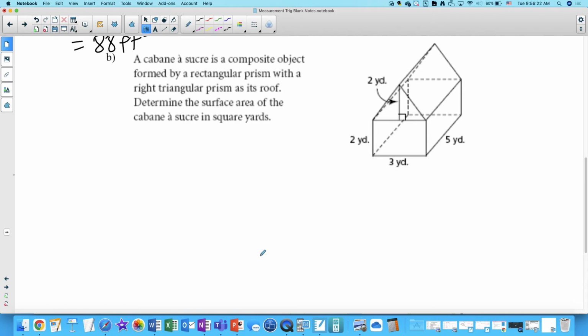What about the top of the rectangular prism? Is that exposed? Right? The rectangular prism is the rectangle part. It looks like this. So the base is on the ground. What about the top? No, it's not exposed either because it's covered up by this roof. So really for the rectangular prism, we're just looking at the four walls. Okay? So for the rectangular prism,